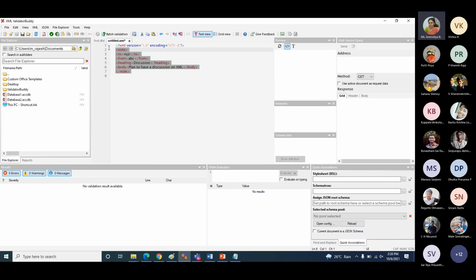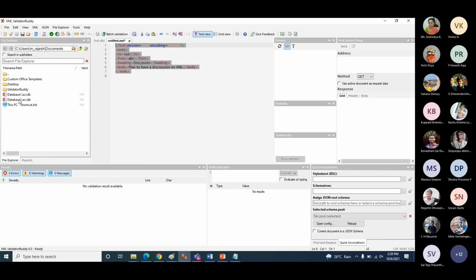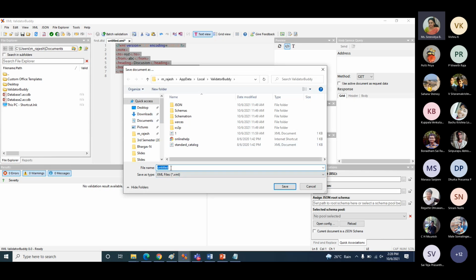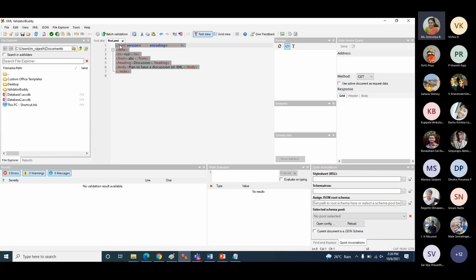I just wanted to see whether this XML document is valid or not. Save that. I am saying first.xml. I'm not giving anything in double quotes because by default the save type is mentioned as XML. So you can see first.xml, the file name has come here.